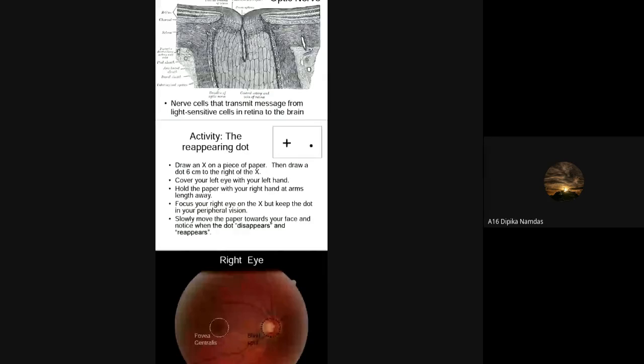First we have to draw a cross on a small paper. From a 6 centimeter distance we put one black dot. After that, cover your left eye with your left hand, then put this paper